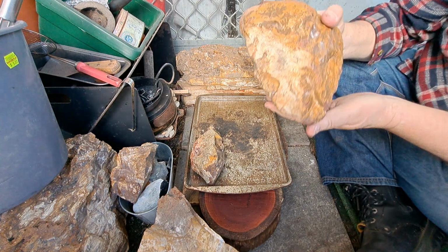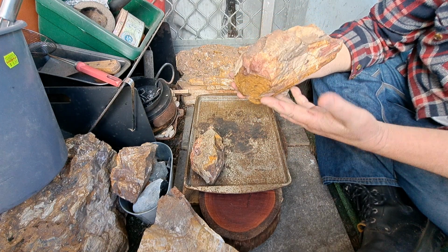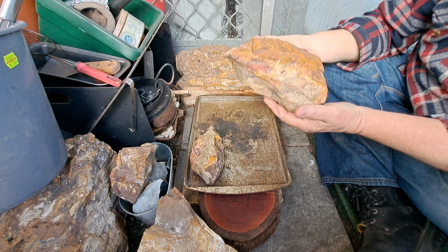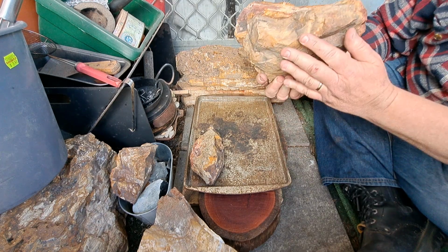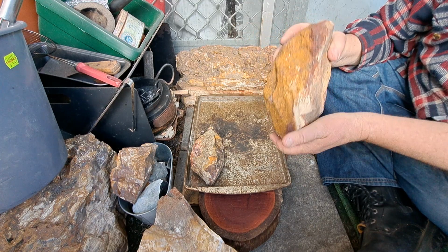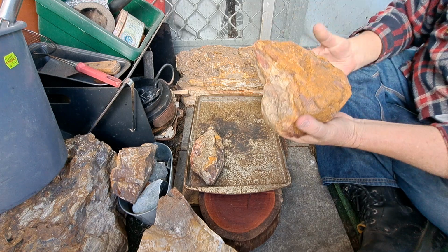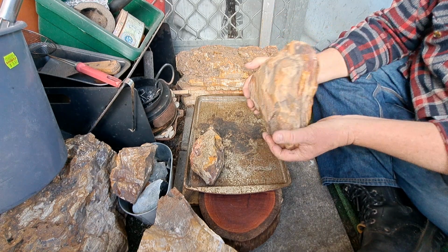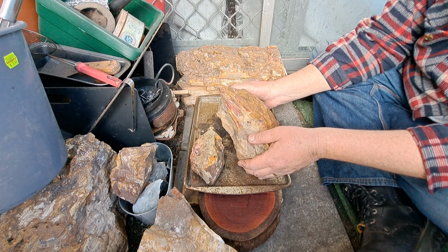It's Chinchilla red. See the red colorations? It's petrified wood. But that's what it's known for. It's a big piece of bark, a big piece of petrified wood that I've got. I started getting into it, but